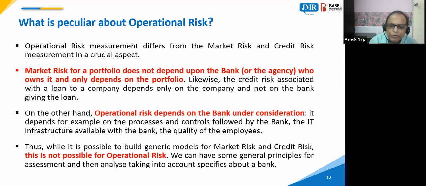You can calculate the probability of default to a certain level of accuracy, and these are very standardized, like Altman Z-score, which is a credit scoring model that has been running for a long period. So market risk and credit risk have become very standardized processes to be implemented in a bank. Everybody knows how to do it to a large extent. But when it comes to operational risk, it is always bank specific. Every bank must have its own operational risk framework. That is what the Basel Committee says.